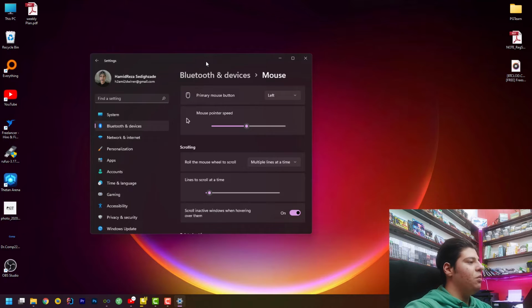On this tab you can change the primary mouse button. The default of that is left. You can change it to the right. I recommend don't change the primary mouse button to the right. Okay,